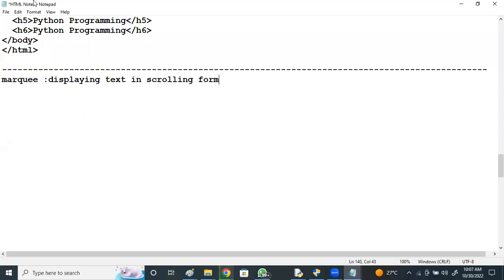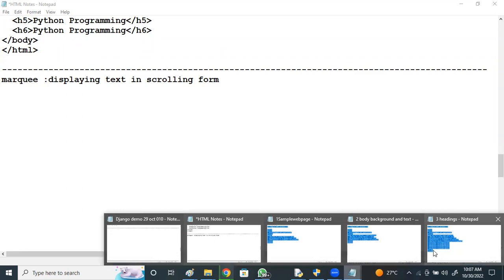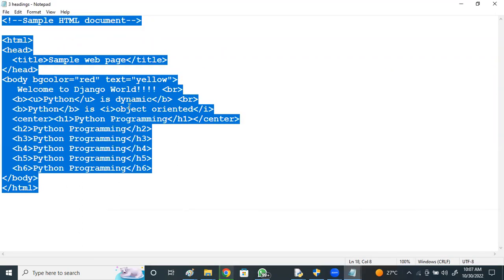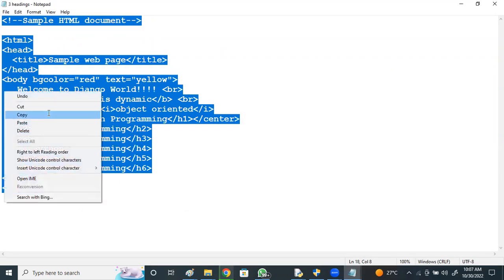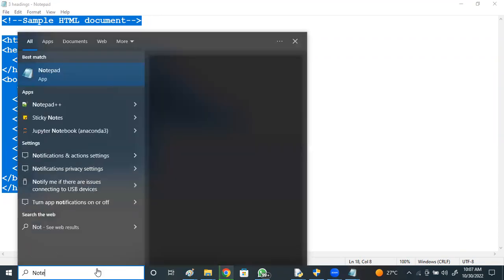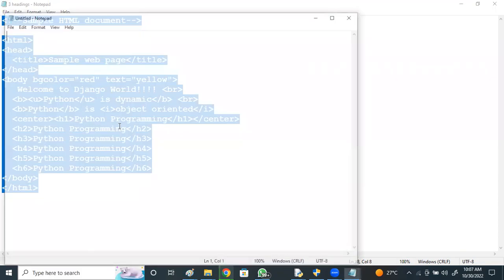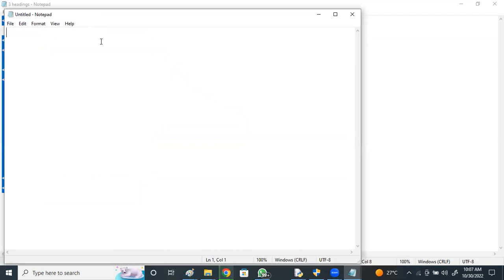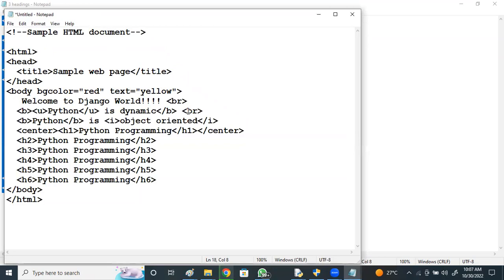For example, observe, I'm taking the same thing. I'm creating a notepad file and pasting the same in this. Now I'll just apply it.